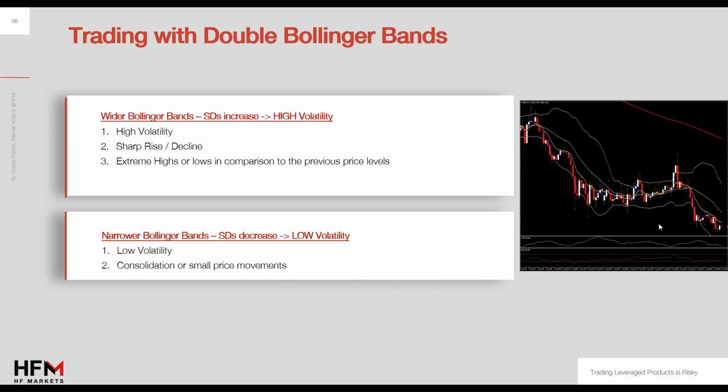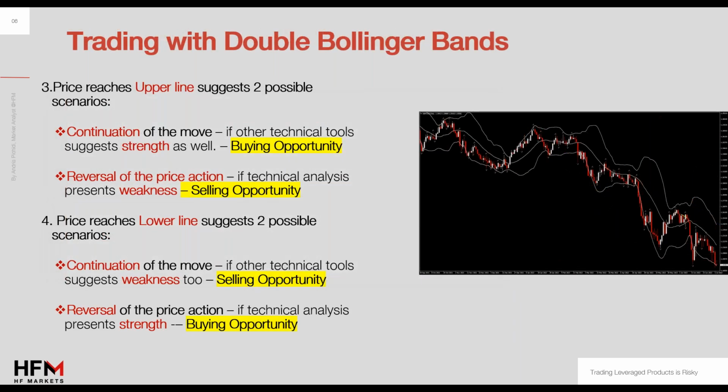But for low volatility, situations like that imply very low volatility. The narrow Bollinger Bands, sorry, imply low volatility, so we might see really small, choppy price movements, or even the market entering a ranging market. And in general, regardless of the double Bollinger,